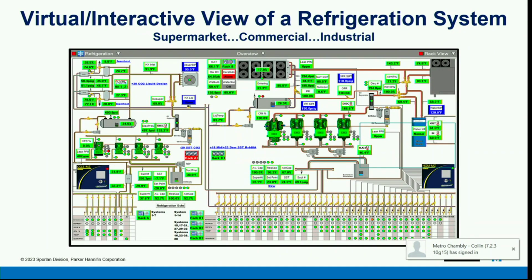So, bottom line, we do supermarkets, but we go beyond supermarkets. We do supermarkets, industrial, commercial, and we can take whatever the facility is. All we ask is that your architect or engineer sends us DWGs of the different views that you want to appear on the screen. You could have a view for refrigeration, rack A, rack B, rack C. You could have a view for the rooftop units. You could have a view for the chiller skids. Just get us the DWGs and we will convert them for you,